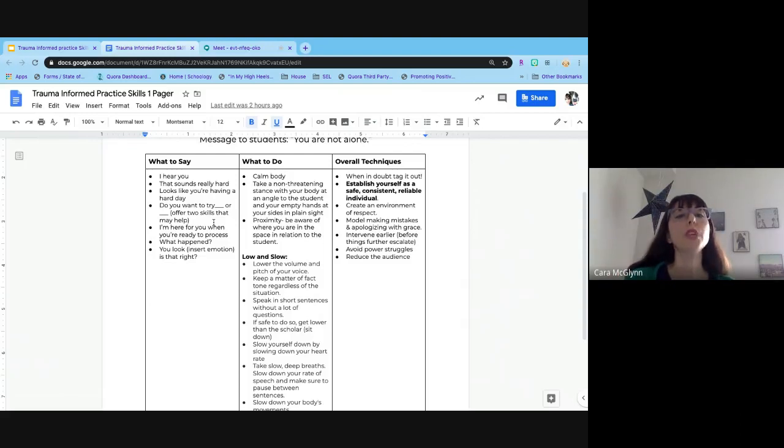So, be aware of where you are in the space in relation to the student. It's hard to see because I'm sitting, but I'm very short. I'm like 5'4". So if I am working with a staff who is 6'2" and they are close to me, because of that height difference, they are going to feel a lot scarier if I'm in that alarm response. So if that's you, try to get down to the student's level as best as possible. And keep in mind safety. Safety is always number one. If a student is getting physical, you don't want to be within hitting or kicking range, but you can still get down to their level with plenty of space between you.